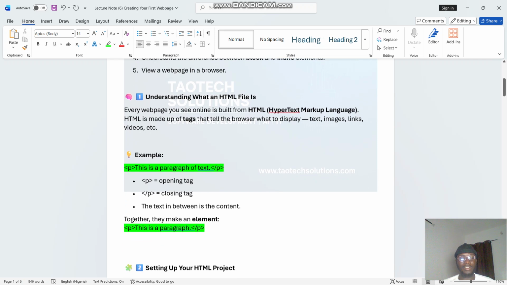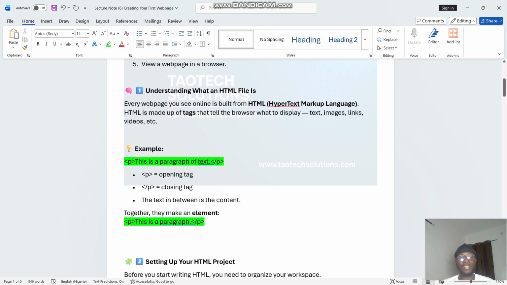For example, we have on the screen here the paragraph tag P. We have an angle bracket, the less than and greater than symbols, with P inside, and then a paragraph of text, and another one. The first thing we have underlined, that P tag, is called the opening tag. The other one that has a forward slash before the P is what we call the closing